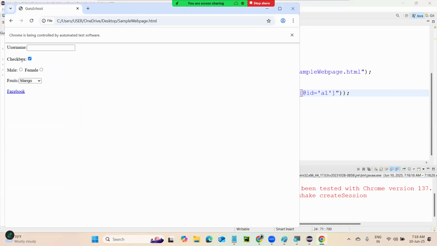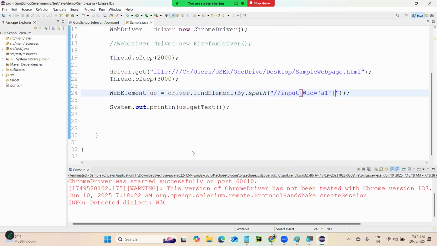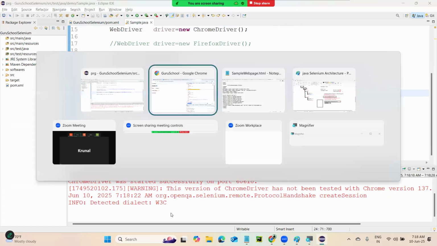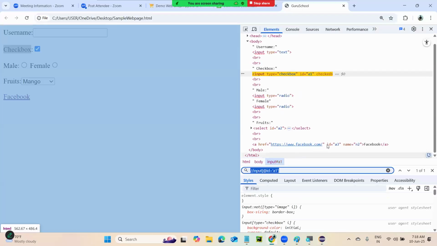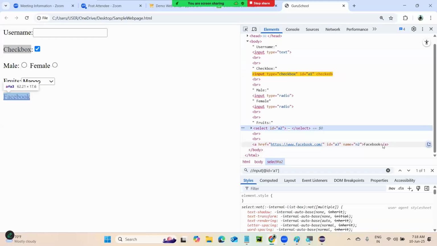Do you think it will fetch the text of the checkbox? No. Why will it not fetch? Because maybe there was no text. See, there is no text. There is nothing to fetch from the element. That's why it is called text of the element. Only if the elements have text after